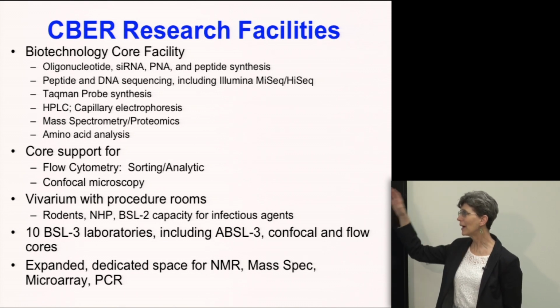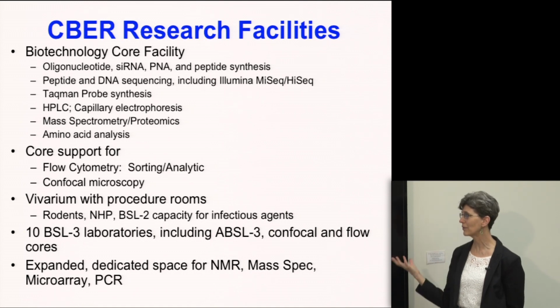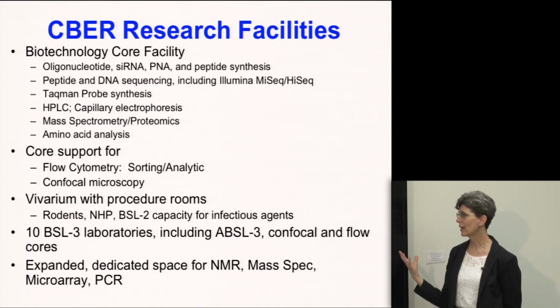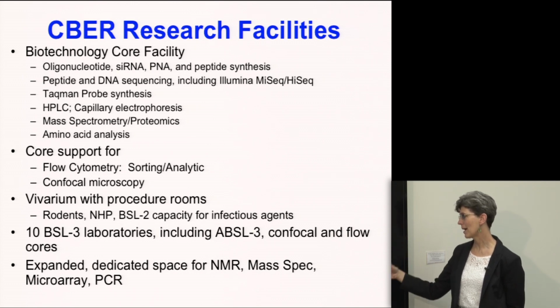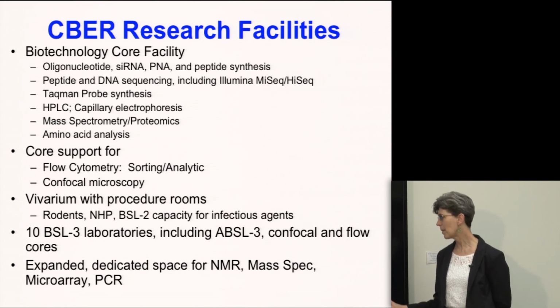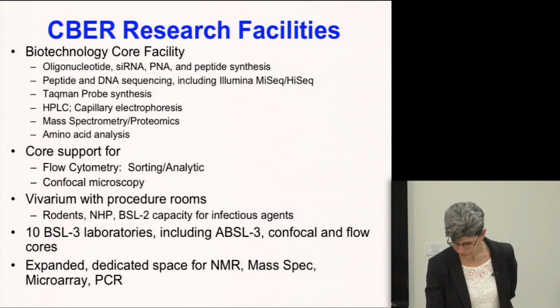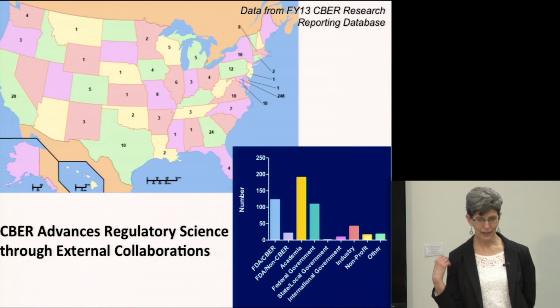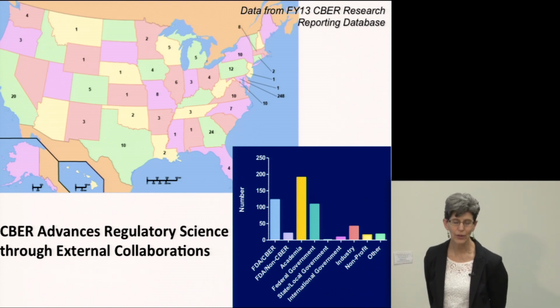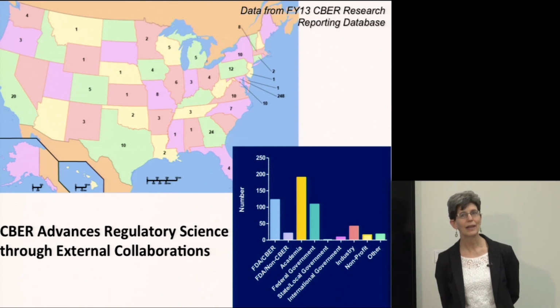And so we've designed it with a lot more space to have core capacity for certain technology to help support our scientific research, expanded vivarium, very much expanded BSL-3 capacity and dedicated space for things like high-resolution NMR, mass spectrometry, microarray, PCR, and so on. We're really excited because we just are getting installed an 850 megahertz magnet in the NMR facility that's going to